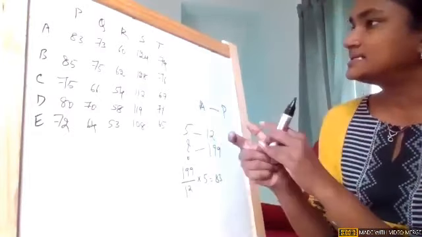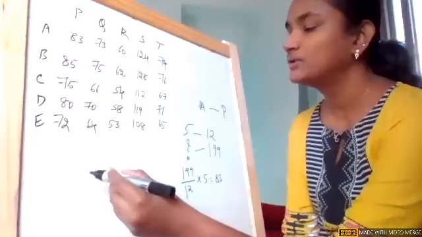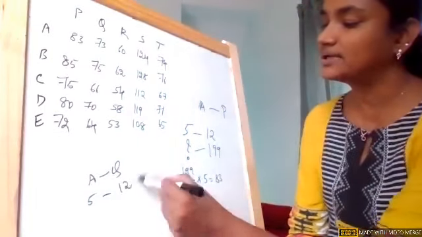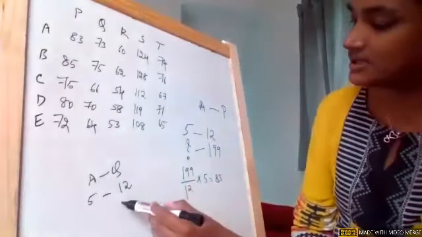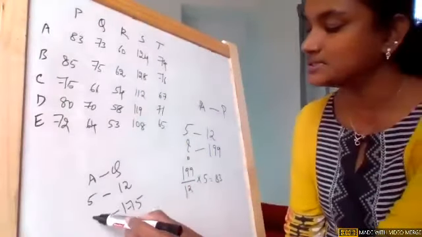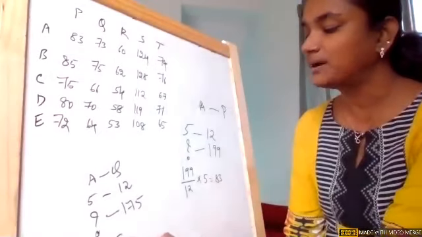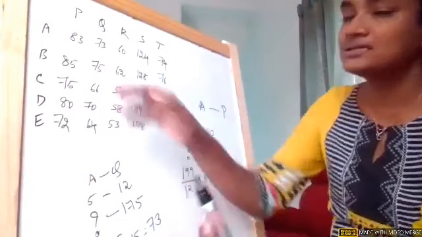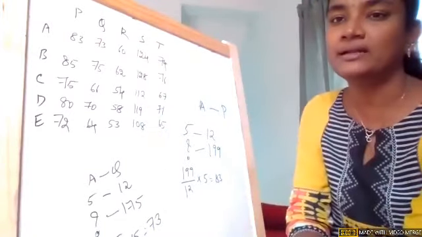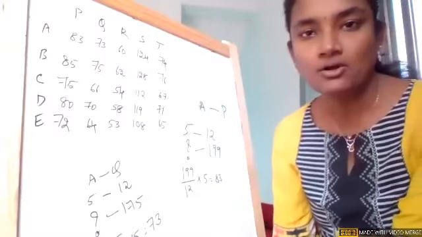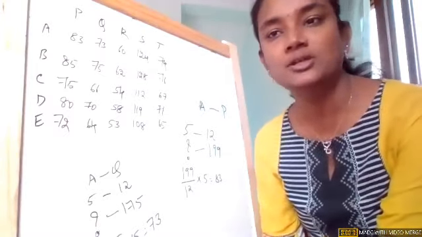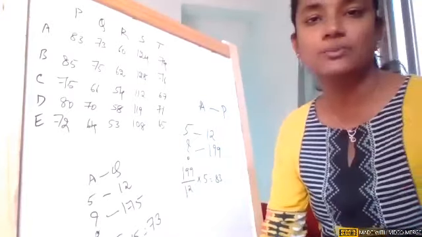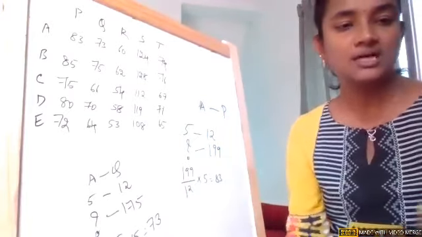In the same way, if I take the combination of A and Q, the typist charge will not change, and job Q has 175 pages. So it is 175 divided by 12 into 5, which gives you 73. That is how for each cell in the matrix, we need to calculate the cost based on the job and the typist and fill the matrix. Most probably this complicated problem you will not get.